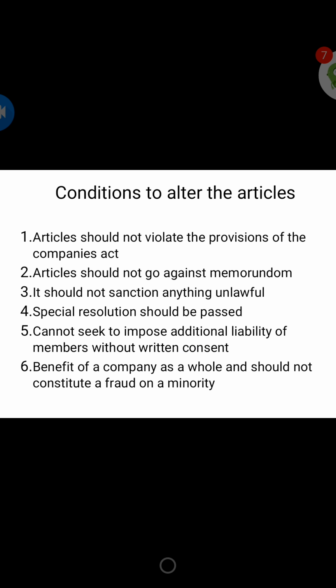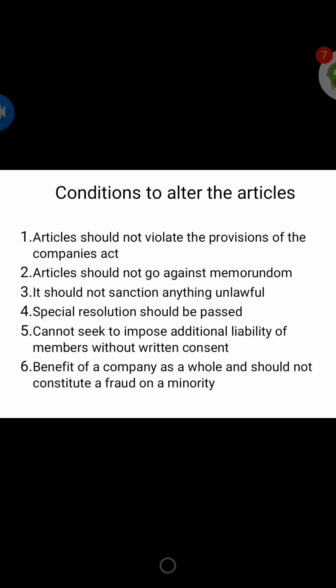The Companies Act has given you the permission to change the articles, so whatever articles you prepare, you have to consider the Act's provisions, and you should not go against such provisions. The next is that articles should not go against your